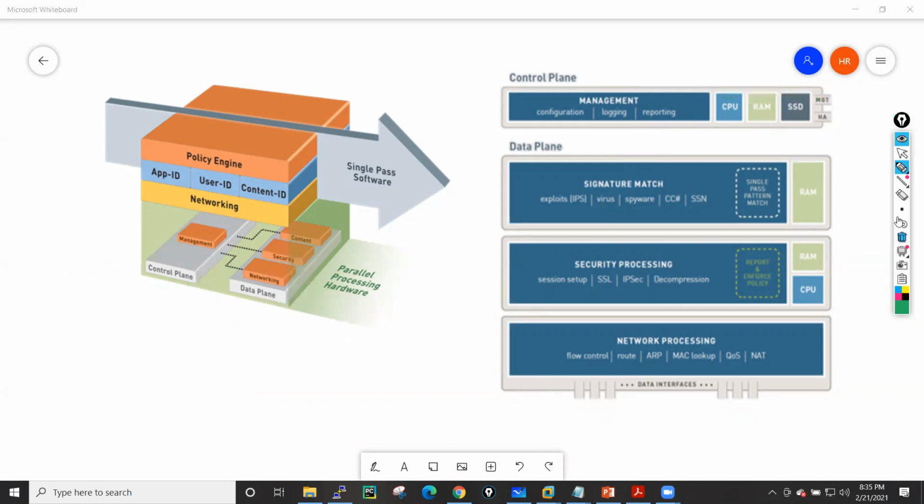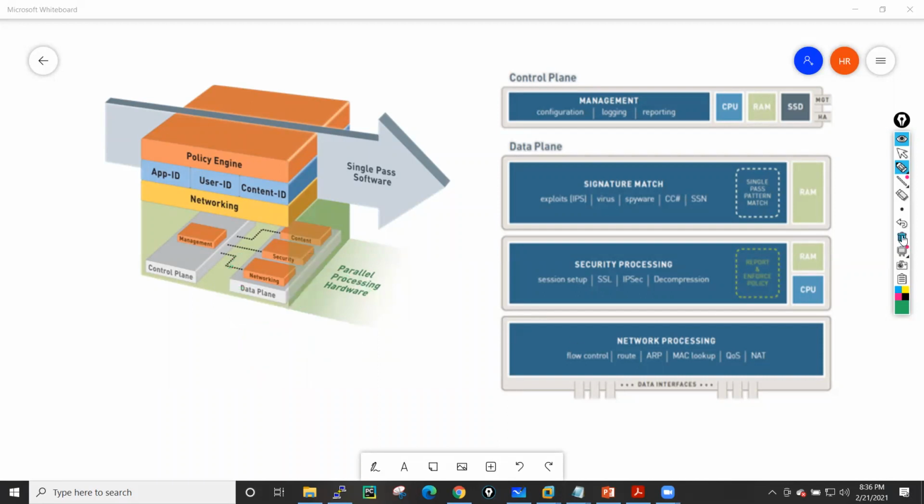Let's suppose your data plane is not reacting well. Maybe there is some issue with the interfaces, or maybe there is some issue at the hardware level. In that case, you might require a restart of your device. In Palo Alto, if you want, you can restart the data plane only. You don't need to restart the entire device. Restart the data plane, and this will basically fix your problem.